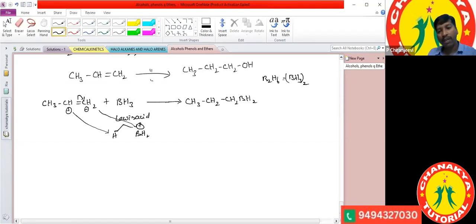Okay, CH2 and BH2. Now, again, how many hydrogen atoms are there at boron still? Two more hydrogen atoms are there, right? That means it can react with two more alkene groups. So directly I'm taking two more alkene groups, that means CH3-CH=CH2. If it is combined together, in total it forms CH3-CH2-CH2 taken 3 times. This we can call a trialkyl